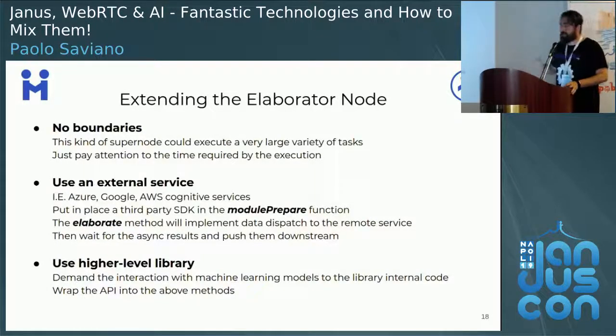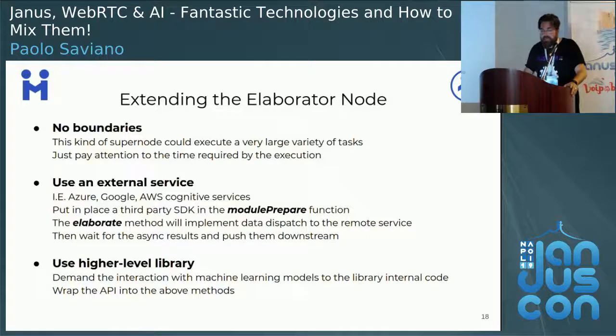Then we have to extend the configuration, the elaboration nodes. To extend this node, we have to wrap the chosen library to the various lifecycle phases of the node.